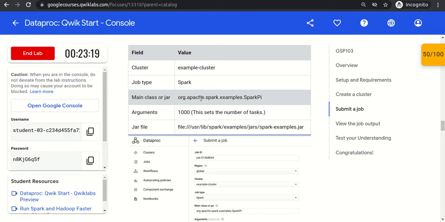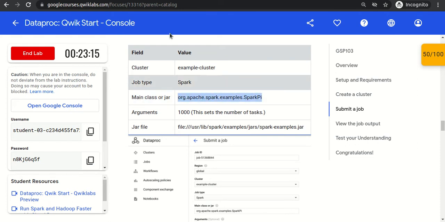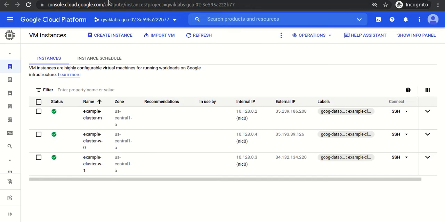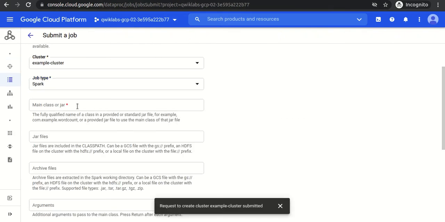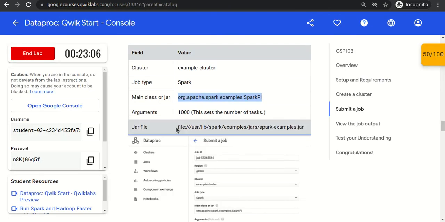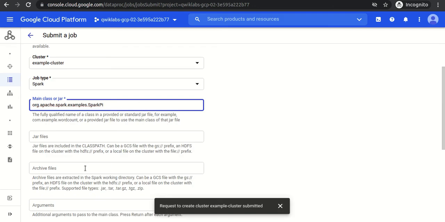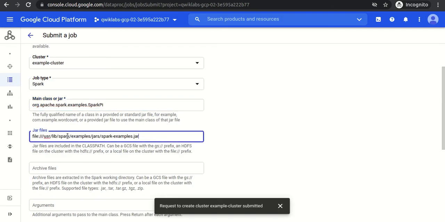We have to give the main class and the jar file. Okay, now again the jar file. Let me read it. The fully qualified name of a class in a provided jar file, for example com.example.wordcount.